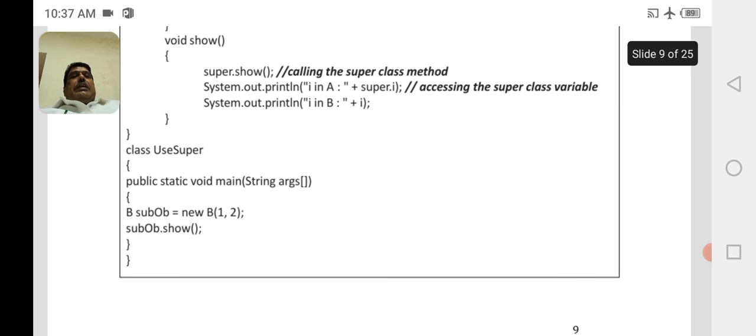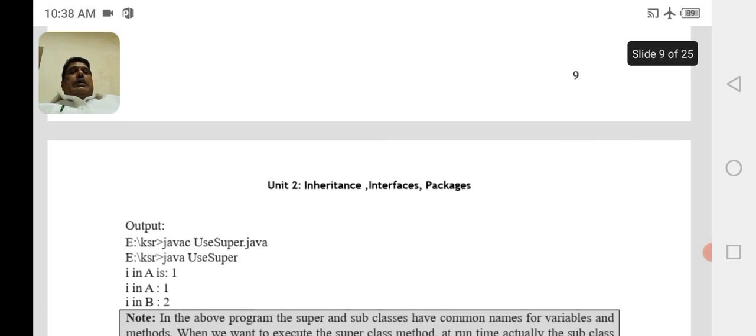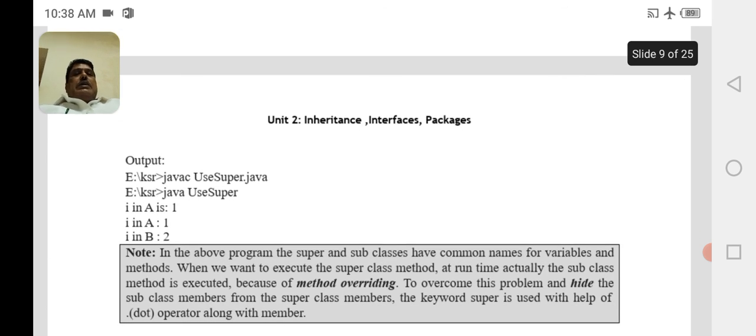So the main class is class UseSuper, public static void main(String[] args). So object reference variable of subclass B, subOb = new B(1, 2), subOb.show. When we call this, we get the output: i in A is 1, i in B